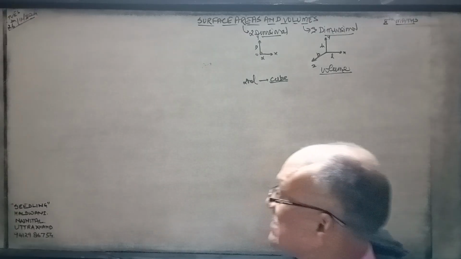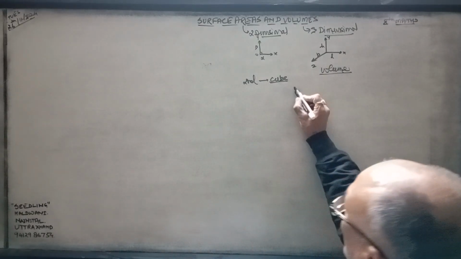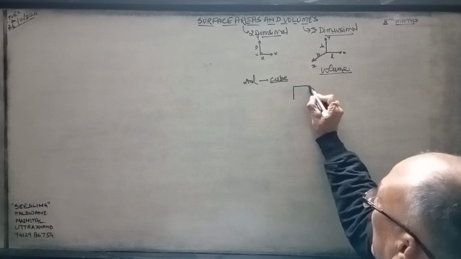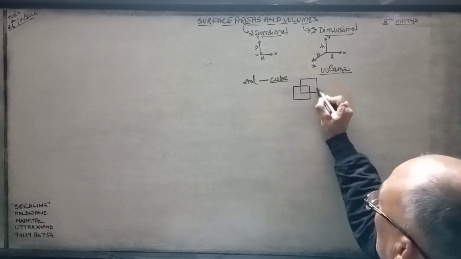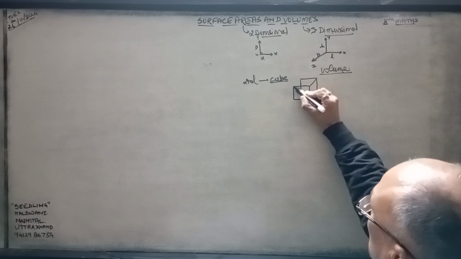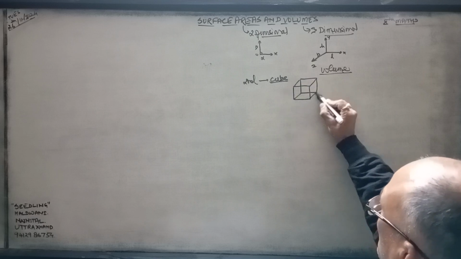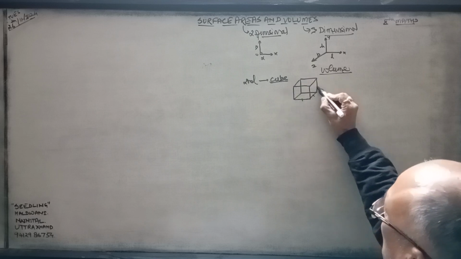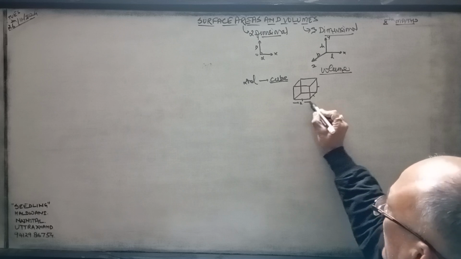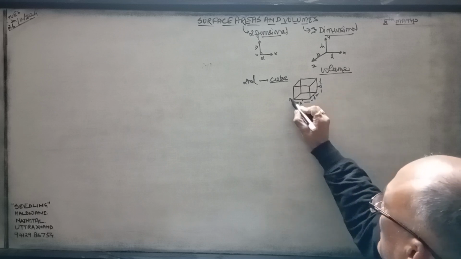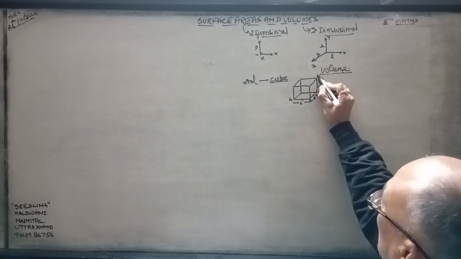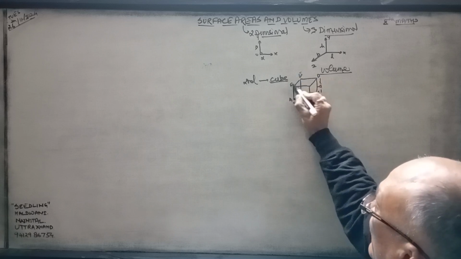Now the second figure is cube. Cube, it is made by the help of 2 squares when you are just keeping with each other. So now this figure is, this is A, this is also A, this breadth is also A, and this height is also A. This is A, B, C, D, E.